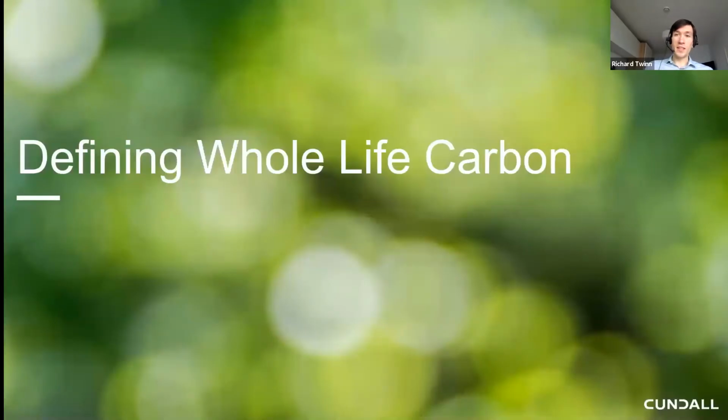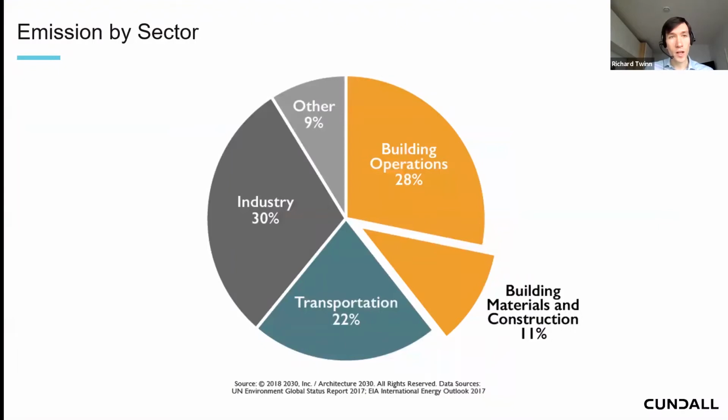Now, what does that actually mean for the built environment and for whole life carbon? How does it link? Well, this is the global breakdown of emissions. And of course, built environment is responsible for about 40% of this here, both the building operation, so that's all the energy that's used in buildings, all new and existing buildings, of course, and an additional 10% from building materials and construction. And whole life carbon is about taking all of those impacts together and trying to achieve the best outcome, balancing each of those.